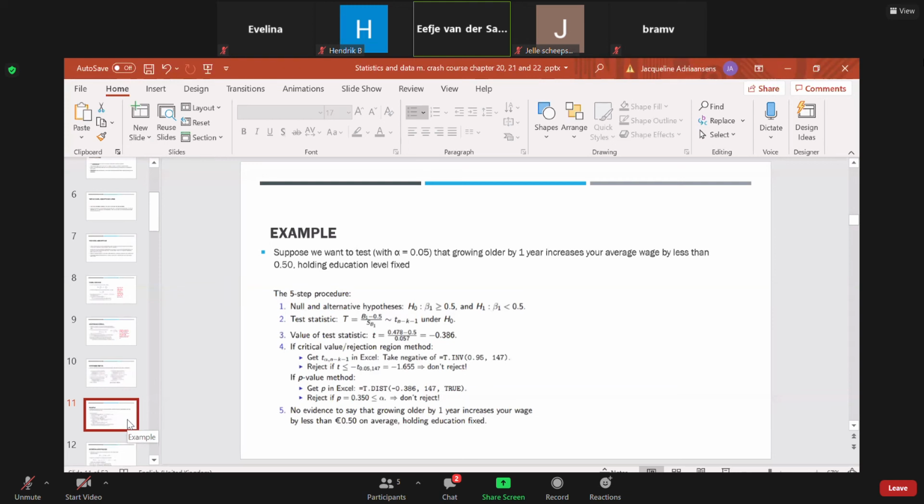Okay, we are going to do an example. Suppose we want to test that growing older by 1 year increases your average wage by less than 0.50, holding education level fixed. All right, so what do we want to test? We want to know whether the beta of the wage is less than 0.50. And we can use a t-test because it's only about one variable holding education level fixed. So how are we going to do this? We can do this in SPSS, but first,